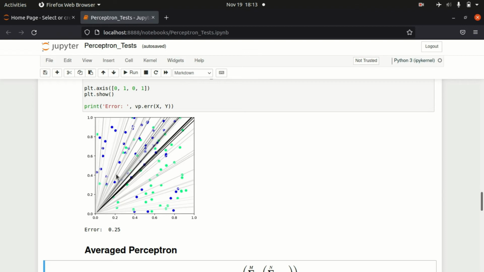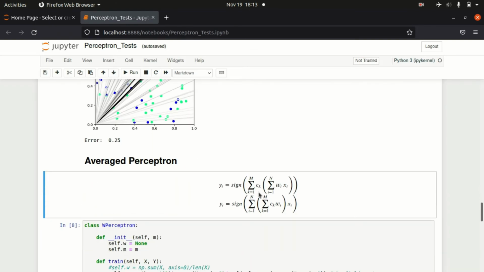It is impractical to store the number of updates the weight vector undergoes, along with the counts for each weight vector. It requires too much memory. A more practical alternative is the average perceptron, where the predicted class label is computed by an average weight vector instead of the voting vector. So here we assign a weight c_k to a weight vector w_k. Interchanging the order of the summations, it can be considered as a running sum of the average weight vector. It reduces the amount of memory that is required.